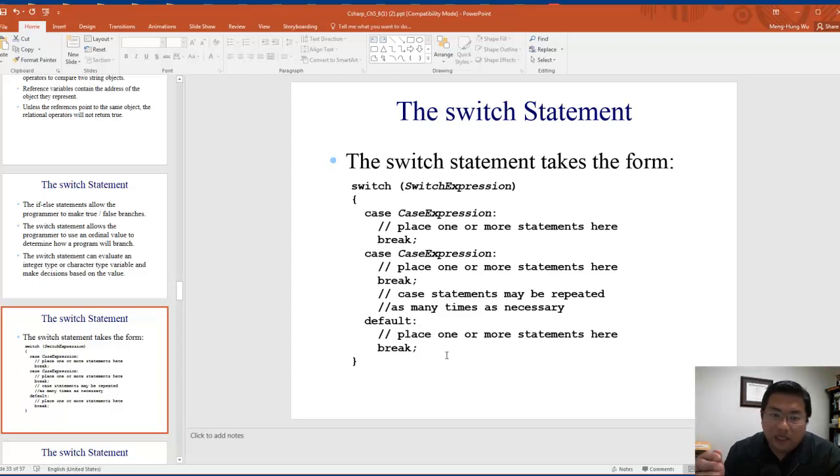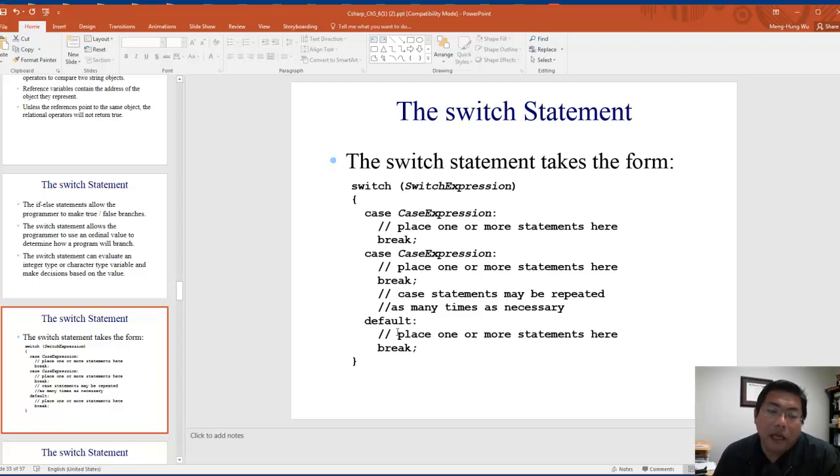So what this does is, based on the data inside these parentheses, let's say we ask, please choose an option between 1 to 3. If they choose 2, in the case expression we can put number 1, number 2, and number 3. And of course, we can always put a default in case the user gives a number out of the range. The default part will catch those